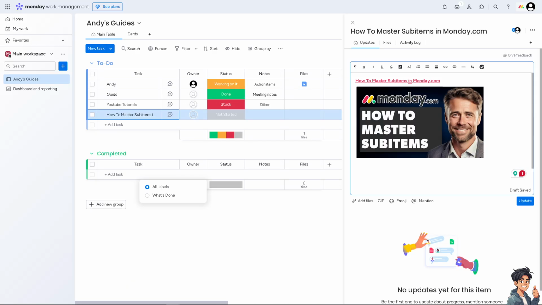Mastering sub-items in Monday.com can significantly enhance your ability to manage complex projects and tasks. But before diving into the basics of sub-items, you have to ensure you understand what sub-items are and how they function within the Monday.com framework. In my case, I'm going to be working on my main workspace. And for example, this is the task that I'm going to work with, and that is how to master sub-items